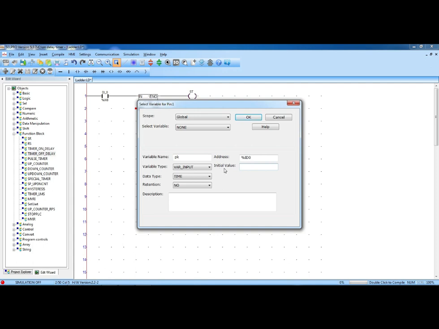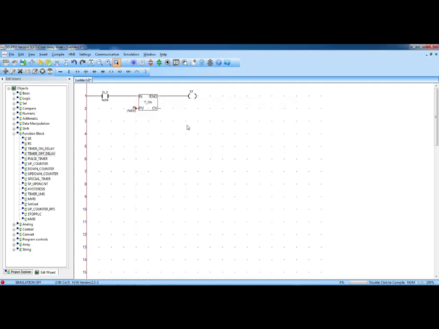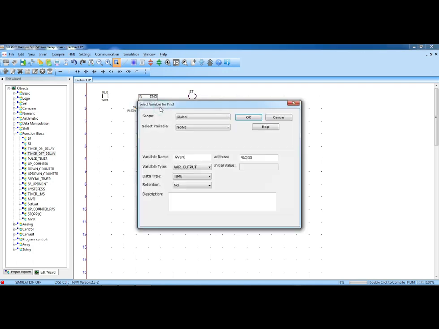This is the initial value. In the initial value you have to give the timing. Here you have to give the initial value, that is T# some seconds. I will give 5 seconds, meaning my lamp should turn on after 5 seconds, and click on OK. Now here the CV value, that means current value, no need to change anything, guys. You can change the variable name, you can write PK or PIT, whatever name you want.